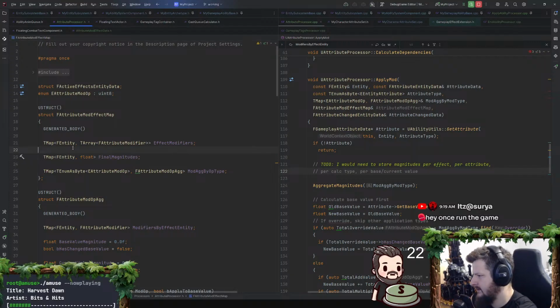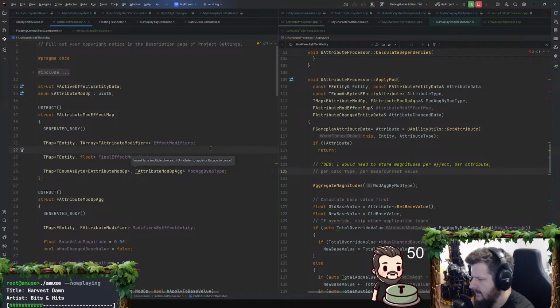So it's an effect final effect magnitudes, we'll say. I think that's what I would need.